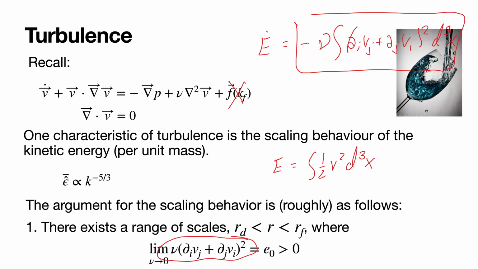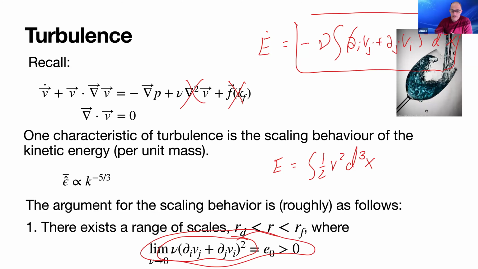So it's surprising, no? Because you'd think that as you take n to zero, the dissipation would go away, but instead you say it remains fixed in the limit. It's very surprising. It means that if you set this term to zero and solve the equations, you're never going to be able to reproduce this. So the limit as the viscosity goes to zero doesn't coincide with the zero viscosity solution. This is called a dissipative anomaly, and it's surprising.